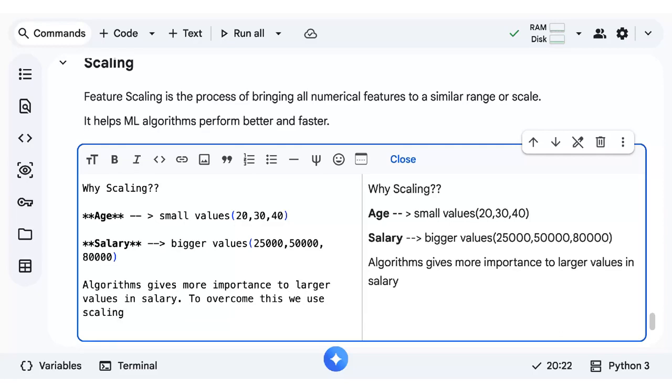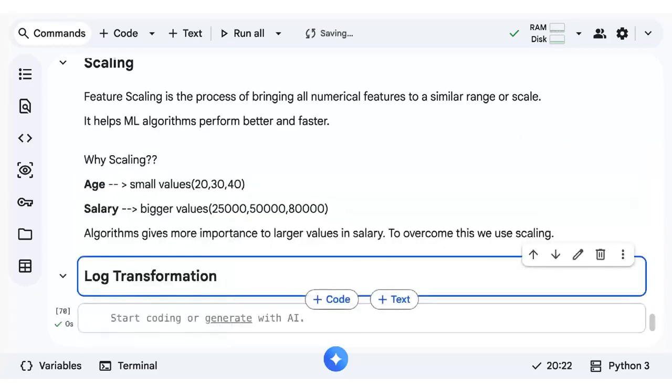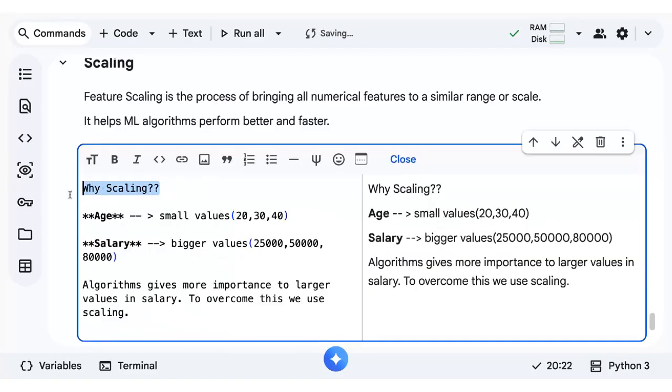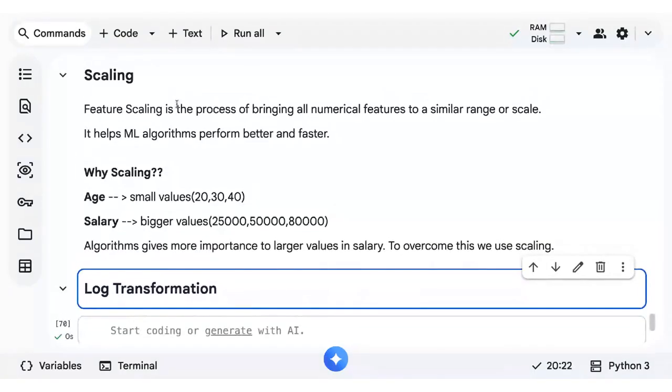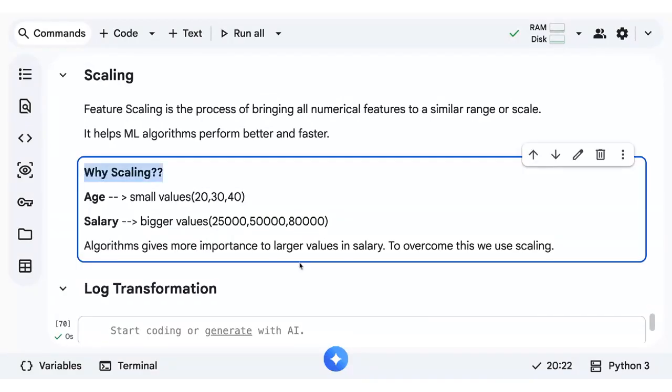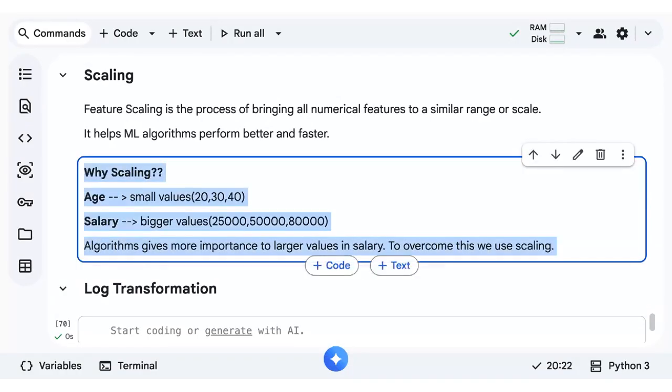Okay. And when it comes to our scaling, we have two different methods. One is a standard scaler, another one is a min-max scaler. Many people know two different scaling methods, standard scaler and min-max. Many don't know why we use it. That's important. Give example like this. You can take different example also. Even in our case, BMI, age, a lot of variation. We have to bring them to the same scale. That's where scaling plays a very important role.